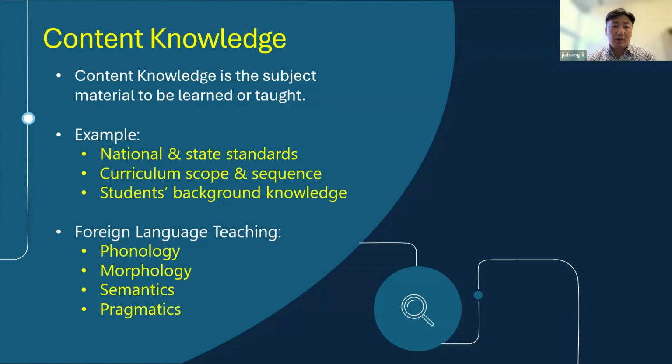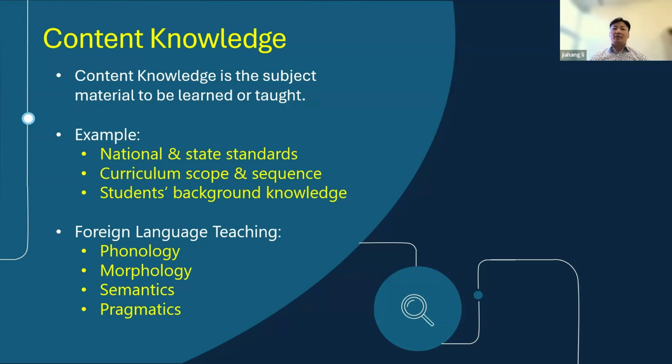And then we have to follow a lot of curriculum scopes and sequencing to talk about different topics, themes, especially if you are teaching in other subject areas like math, science, social studies. You have certain school districts that even have scripted curriculum that you are required to teach, right? And also we want to know what students already know. That's part of the content knowledge as well. So you don't want to repeat things that they already know. You want to assess them first and then teach them things that they don't know, right?